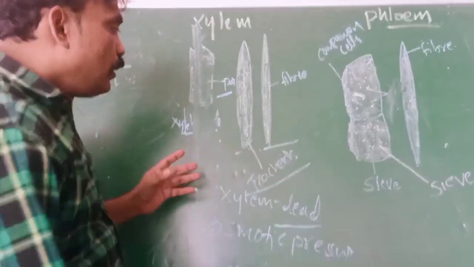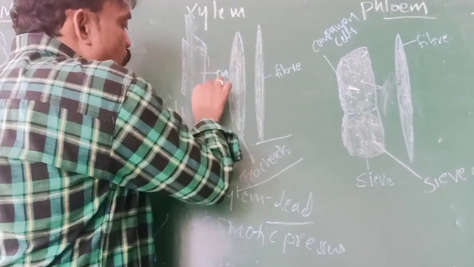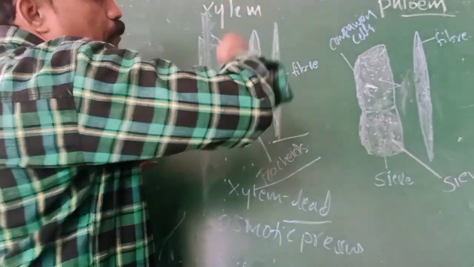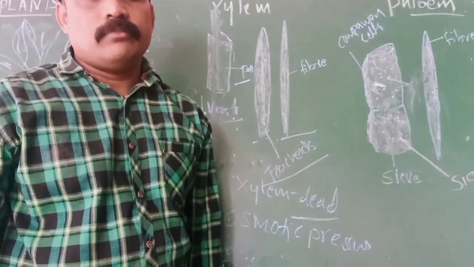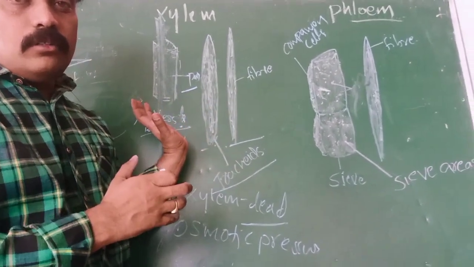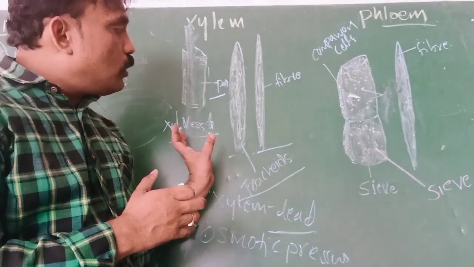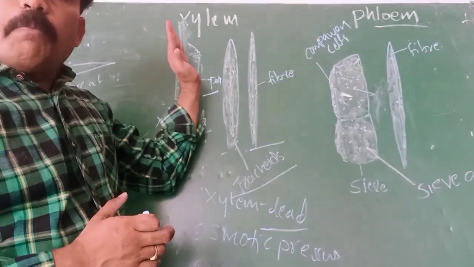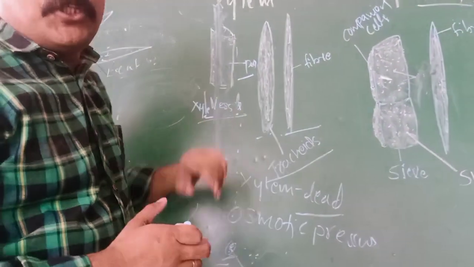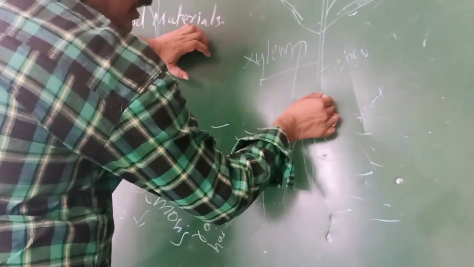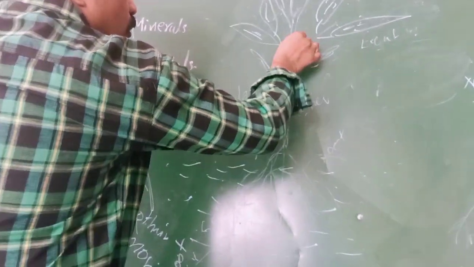Water in a stem moves through these vessels, xylem vessels. Xylem vessels are useful to transport the water, just like pipelines. The word xylem is taken from xylon. Xylon means wood. So the wood part, the inner middle part of the plant, supplies water from downward to upward. If you observe here, the roots absorb the water, sending it cell by cell into the xylem, throughout the plant body.